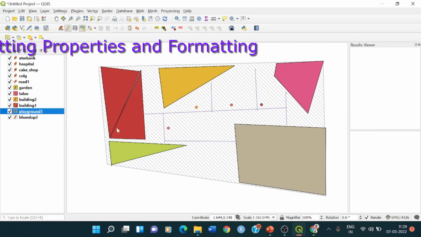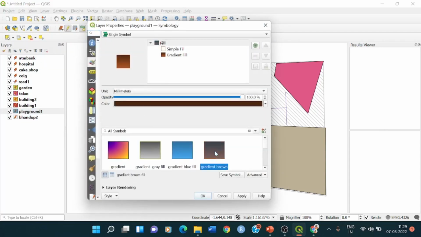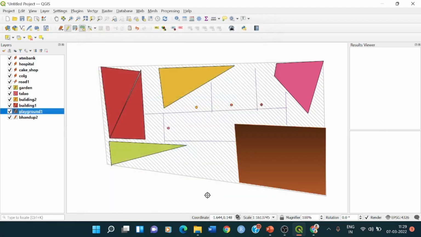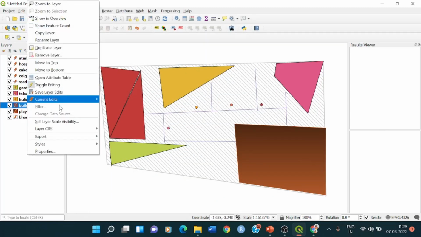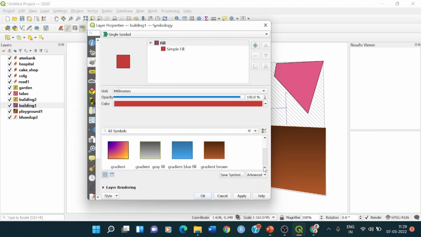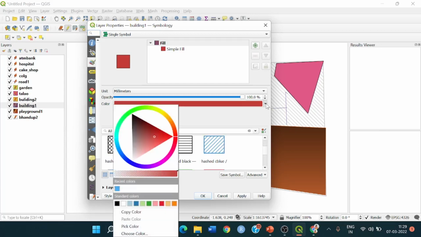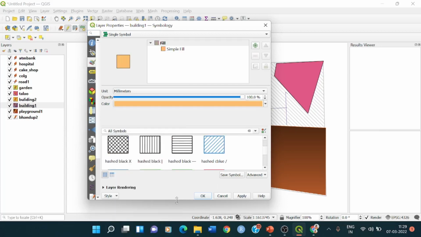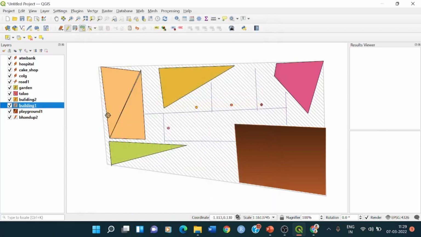OK, and then click on OK. So you see the area has changed. ऐसे आप बाकी सबका कलर्स चेंज कर सकते हो। प्लेग्राउंड पे गए, राइट क्लिक किया, प्रॉपर्टीज़, प्लेग्राउंड मुझे ब्राउन कलर का चाहिए। ओके, ठीक है। फिर बिल्डिंग 1 पे गए, राइट क्लिक, प्रॉपर्टीज़ पे गए, और फिर यहाँ पे हमने कलर चेंज कर लिया। आप यहाँ से भी कलर सेलेक्ट कर सकते हो।